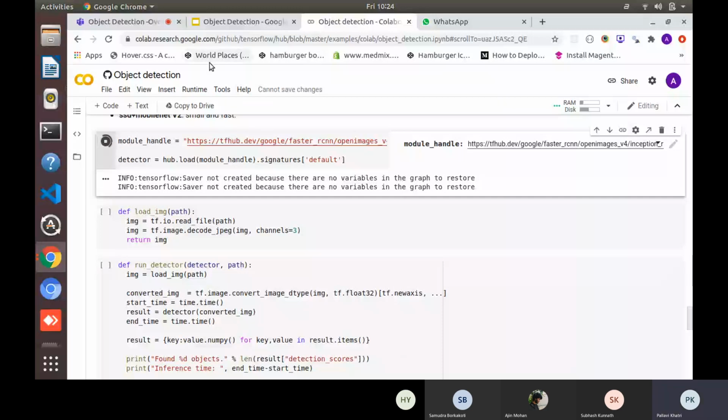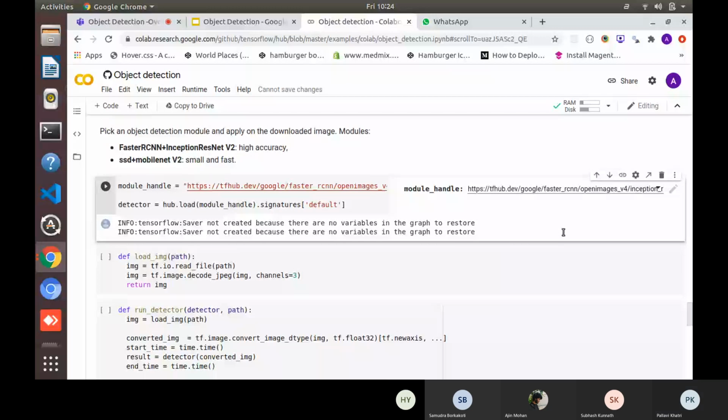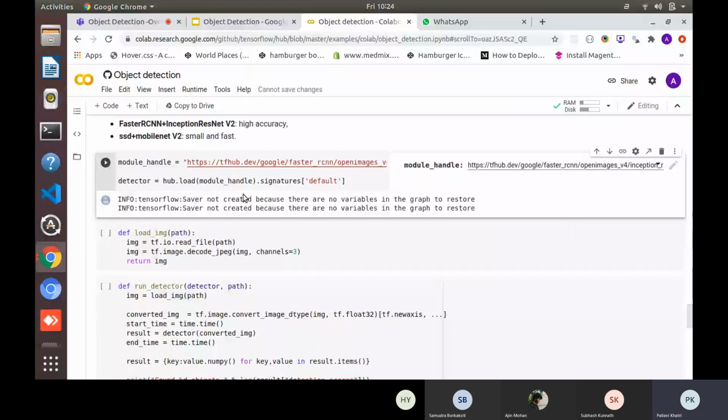It is taking time. Yeah, so the model is loaded.